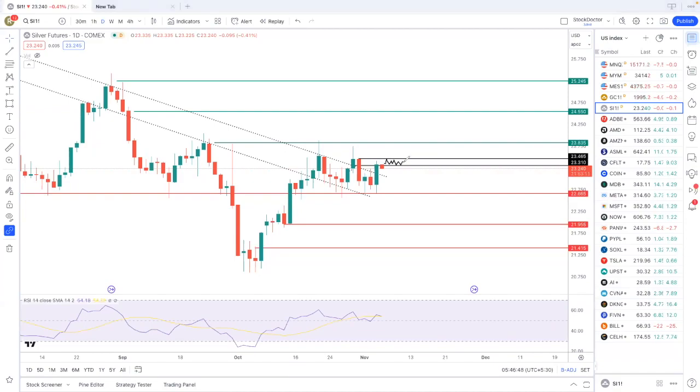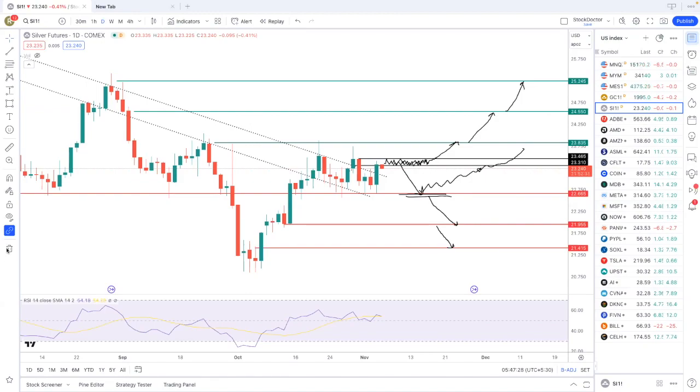This is a very important resistance area. Silver needs to cross and sustain above this for the target of 23.85, 24.55 and 25.25. If silver doesn't hold this resistance area and starts going down, then the first target is 22.60, which is also a very important support. And from here, there is a possibility that it can again start going up. Else, if it doesn't stay near 22.60, then it can go back to $22 and 21.40.